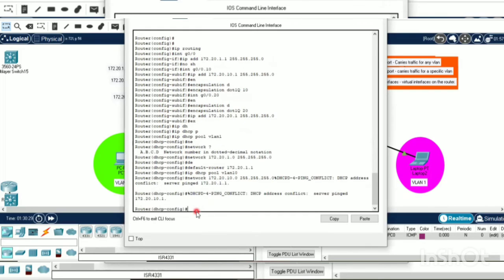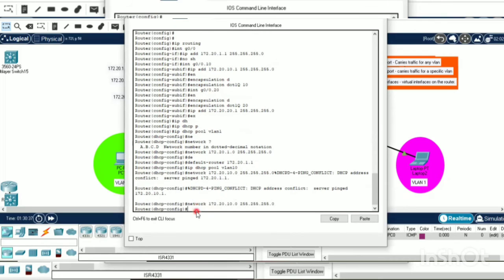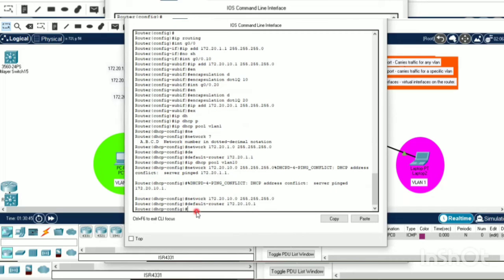Okay, server pinged. Next, IP DHCP pool VLAN 10. Then the network is given. Then the default router is 10.1. So 10.1. So this is also pinged. 172.20.10.1 also pinged, but we didn't assign default gateway that time.